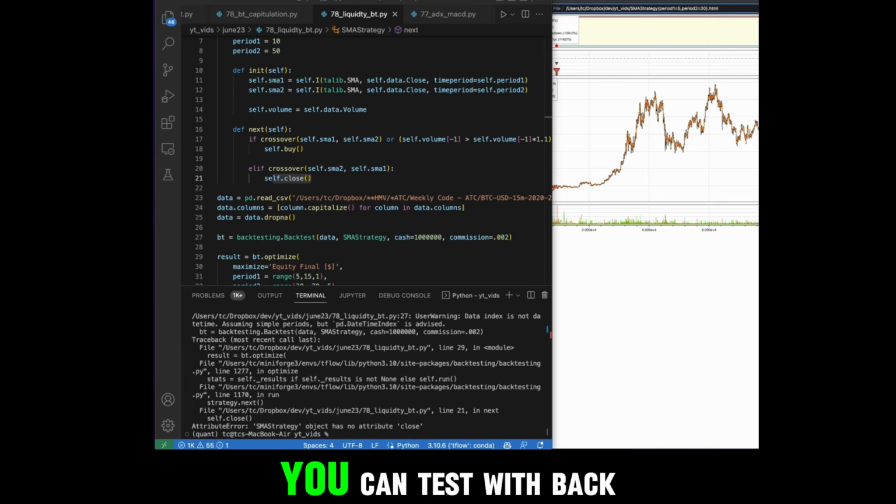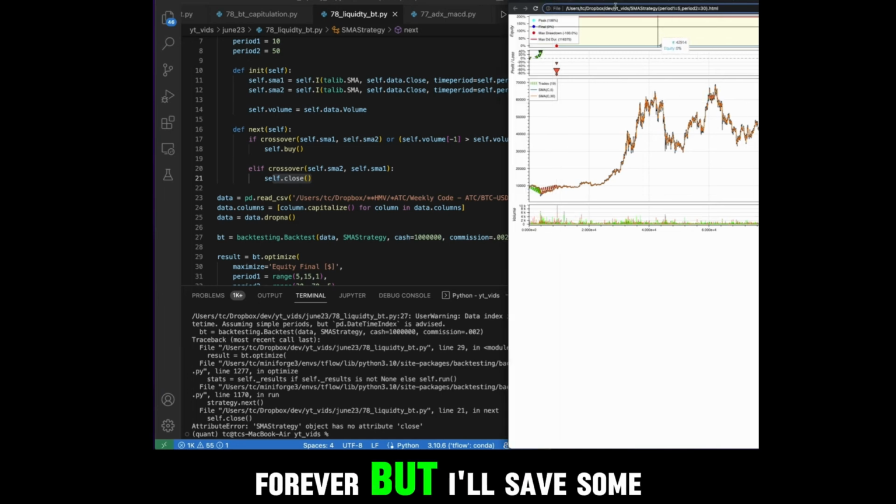But there's all types of things you can test with backtesting. That's why I love it, and that's why I do it so much. So I can do this forever, but I'll save some of the good